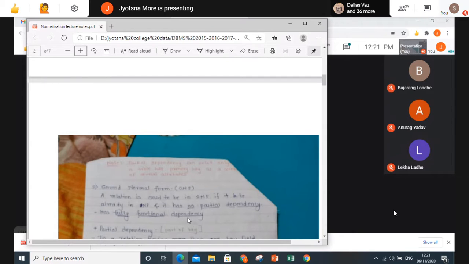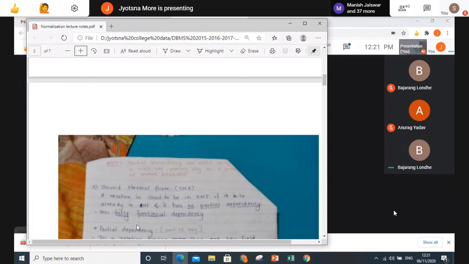And usually in the exam, when they give you the sum, they definitely put this partial functional dependency, or two attributes as a primary key. Always. Till now, whatever sums we have solved, this concept is there everywhere. They have added this in the sum. Okay. So now, a relation is said to be in 2NF if it is already in 1NF.